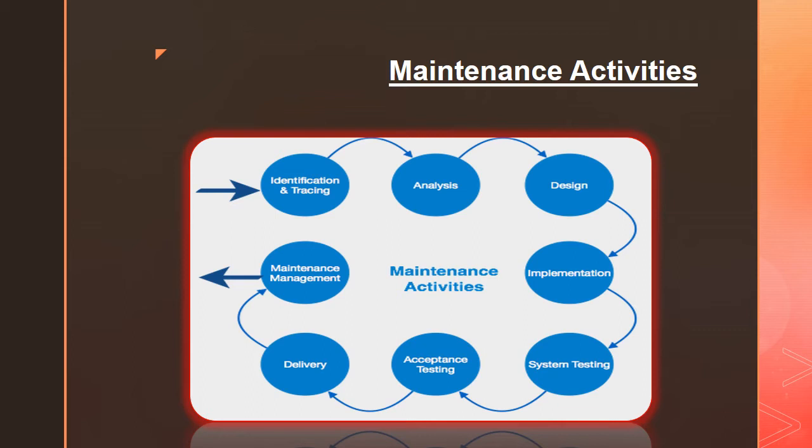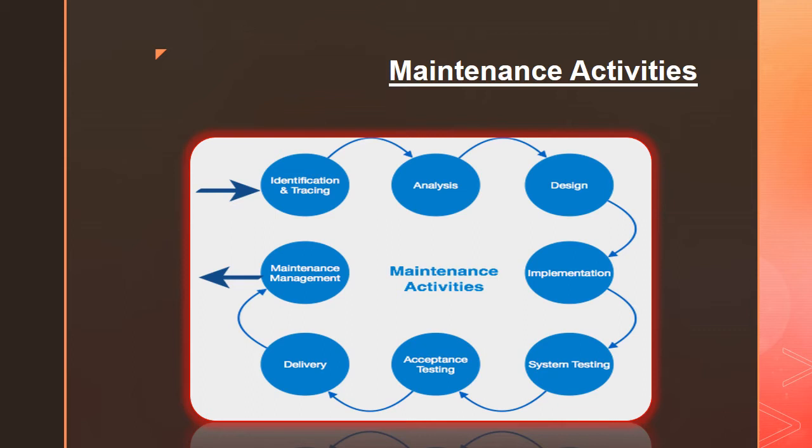Then the next phase, we have the design. In this we design certain new modules if they need to be replaced or modified with some other modules. So designing of new modules is done in this phase, and some test cases are created for validation and verification. All this designing of new modules in order to replace the old ones, we do in this designing phase. Then the next phase comes the implementation phase. In this implementation phase, whatever modules we have designed, or whatever architecture of the new modules we have created in order to replace the older ones, now we do the coding for those modules with the help of the designing or programming methods that were created in the designing stage.